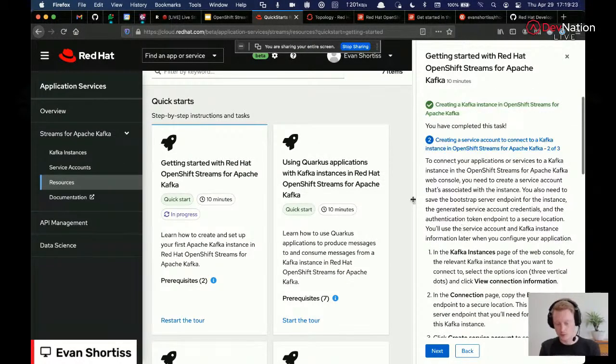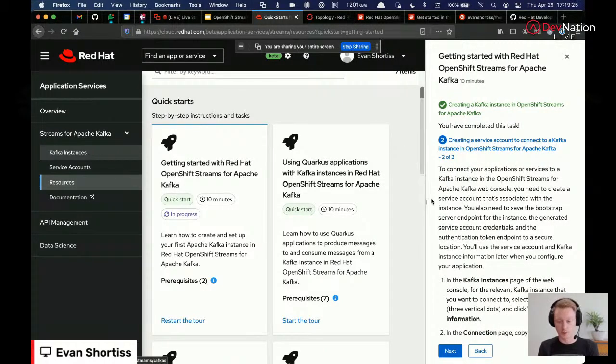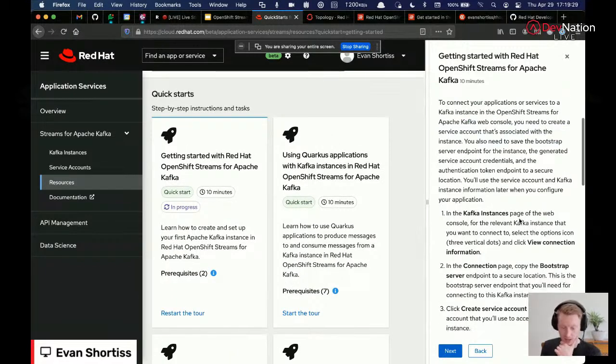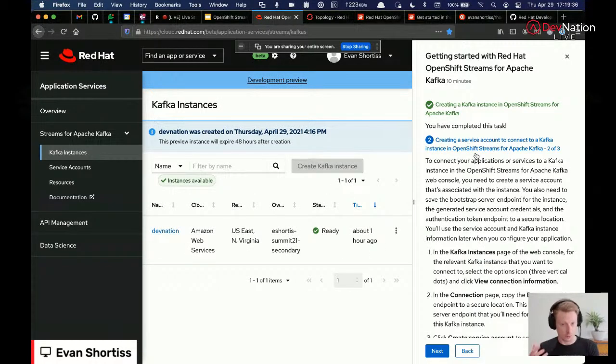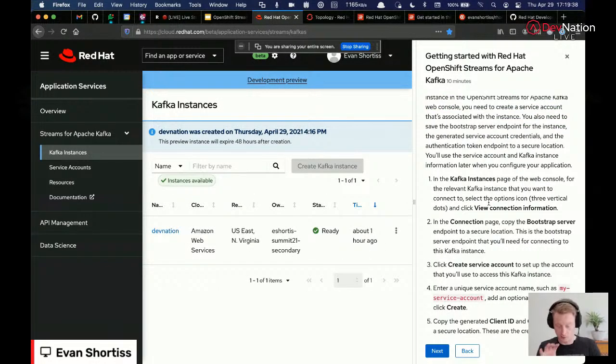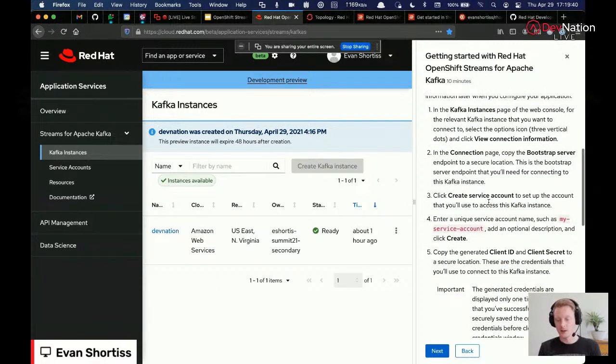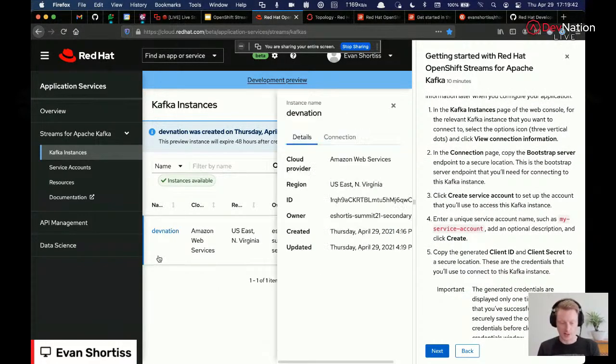Actually, let me just go ahead and do this now, create the service account. So it's telling me create a service account. To do that, it tells me to go to the Kafka instances page. So I'll click there. And you can see the tutorial is overlaid in the UI. So I can follow it along in my own time, and it's always there, so I don't get lost. So I can click on my DevNation Kafka instance,